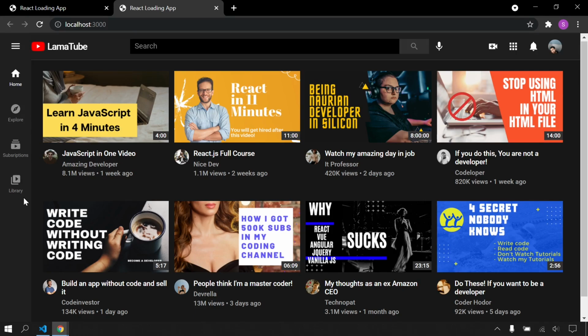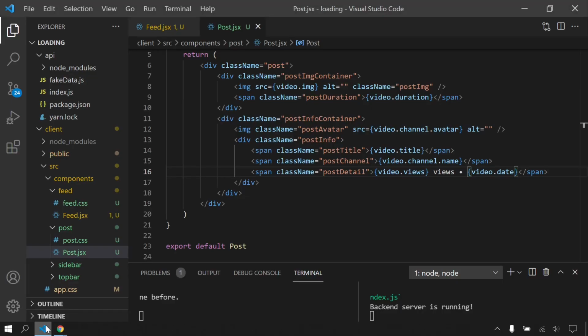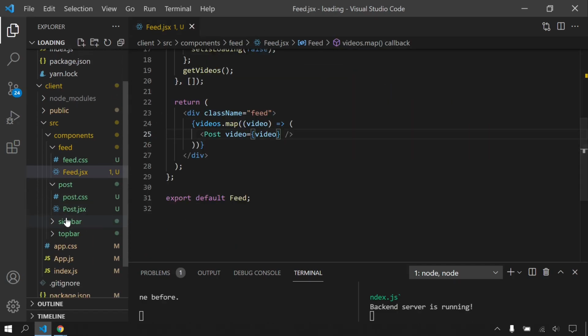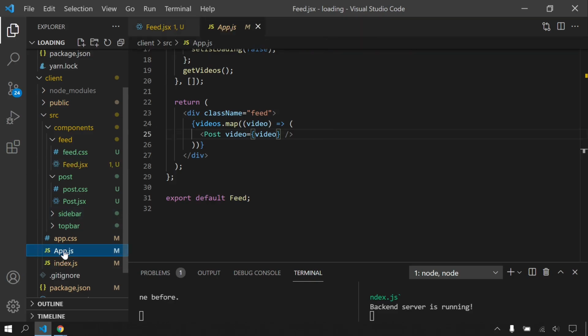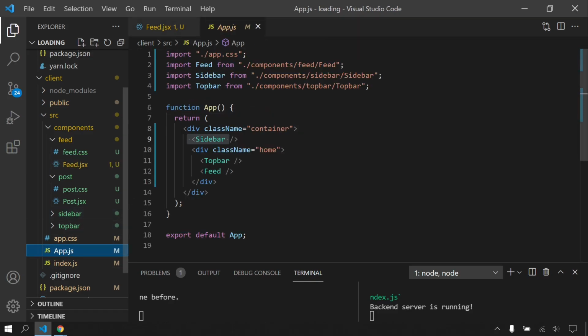That's because we are gonna create skeleton loading animation also. So what I mean is, we are not gonna create this fetching function in the top bar. We are gonna create it inside app.js, and we are gonna share this with sidebar and top bar.